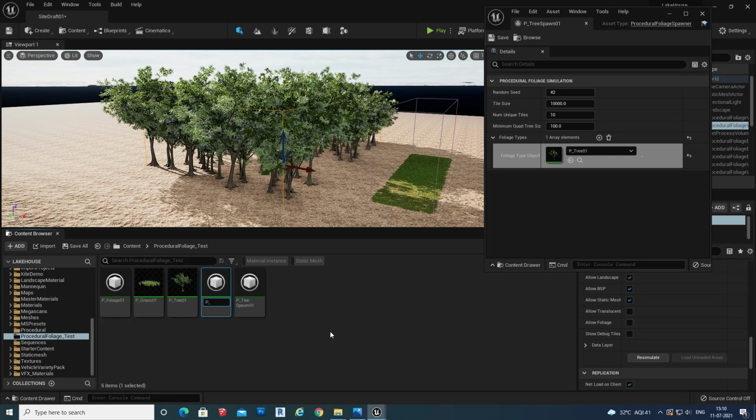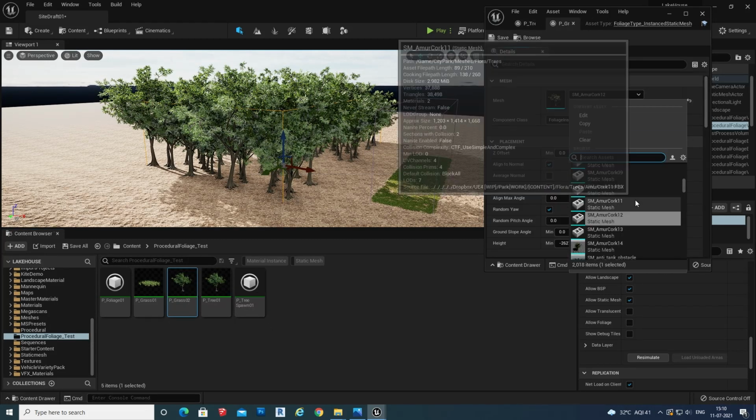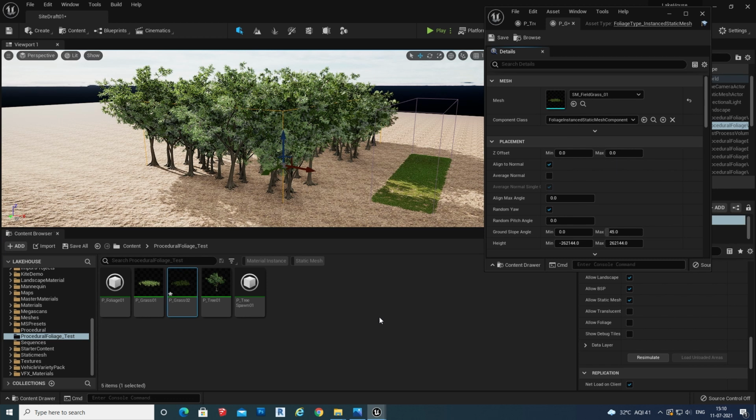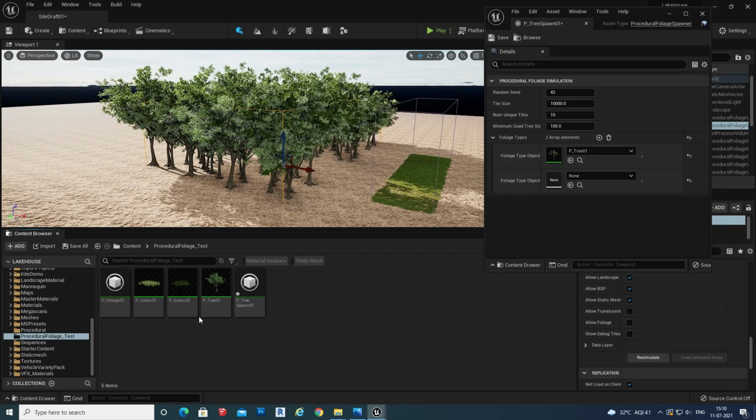Duplicating this tree where I need to spawn some grass, but I need a lesser density, so I'm changing this to grass. Changing it to some other grass type and adding another layer.